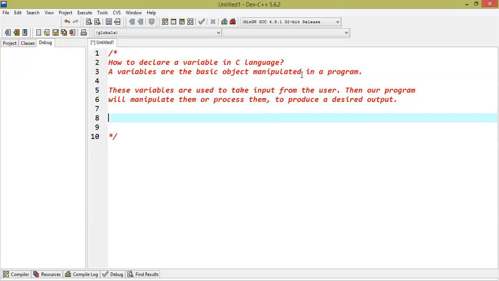Let me list a few of them and then I am able to explain how variables in C programming can take those data and process and produce the desired output that you want.